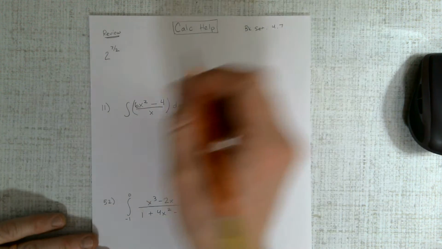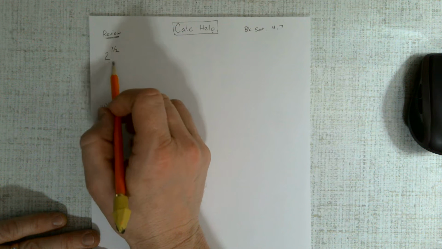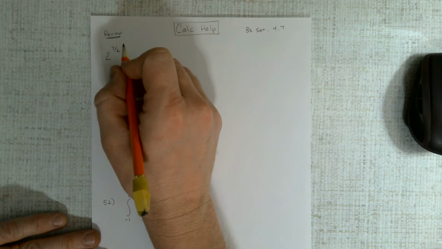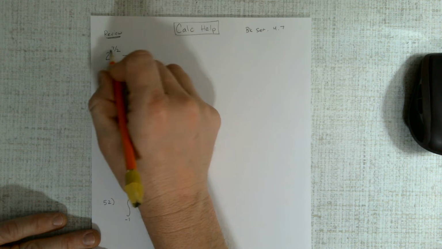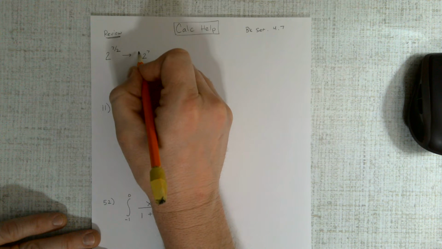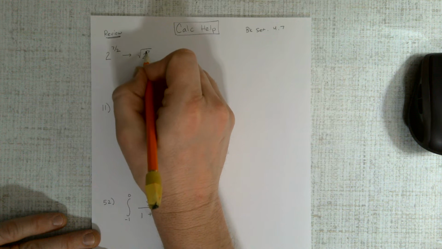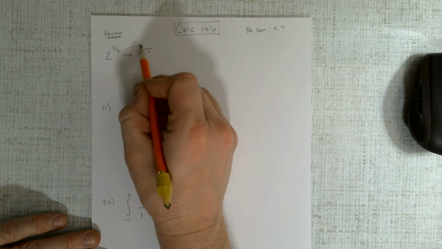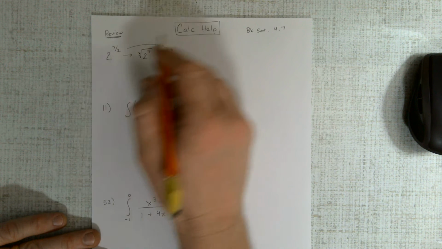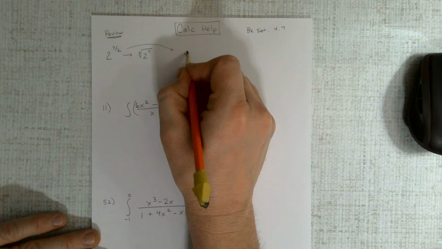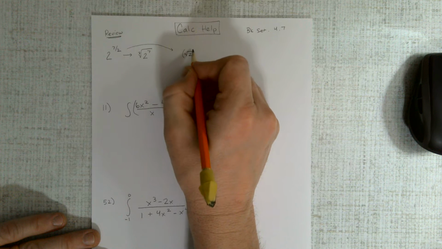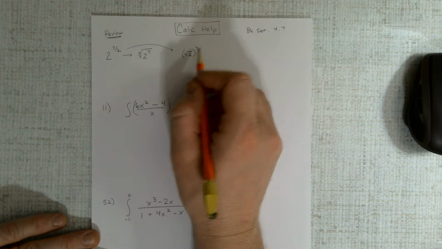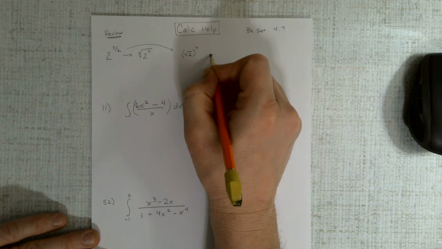So first off, a little review. You had this in the homework from yesterday and you had to simplify that, and without a calculator, two things you could do. You could say that's 2 to the 7th and the square root of that, but that's not going to be very friendly. Or you could say this is the square root of 2, but you have 7 of those. And another way to think of that would be the square root of 2,